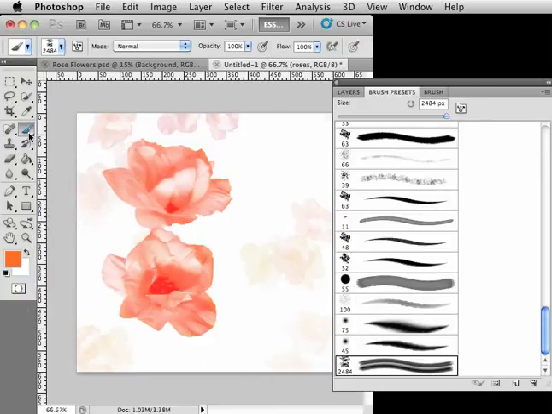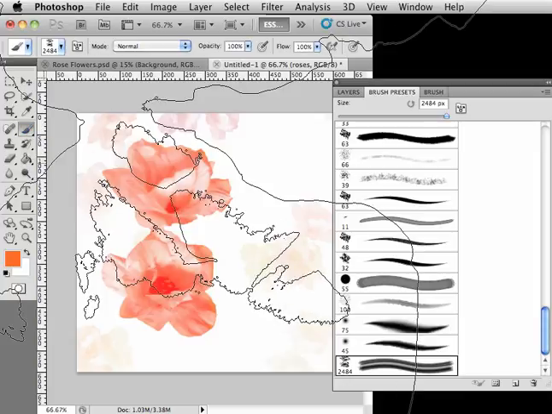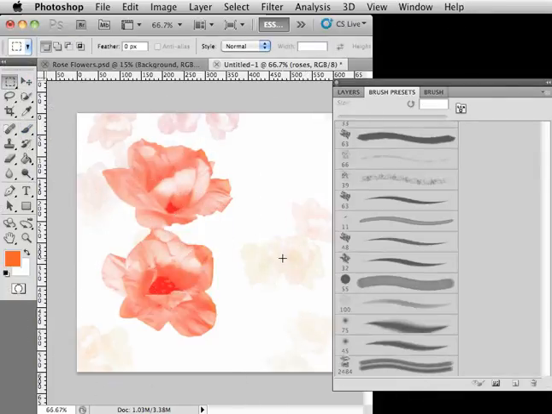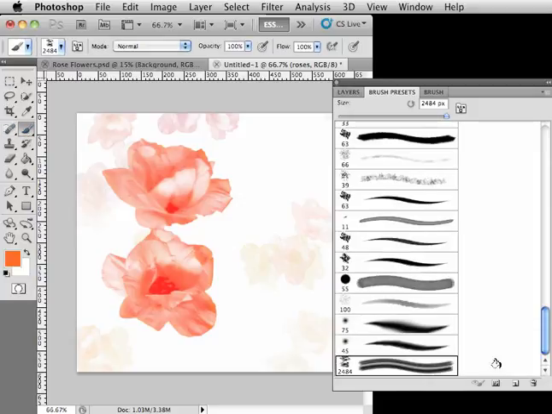Okay, in this demonstration, I want to show you a little bit about how to save brushes and import brushes. In the last demo I showed you how to make a new brush, but in this one I want to show you how to save it and also bring new ones in. So let's go ahead and we'll choose the brush tool, and let's export the brush that you just made, and